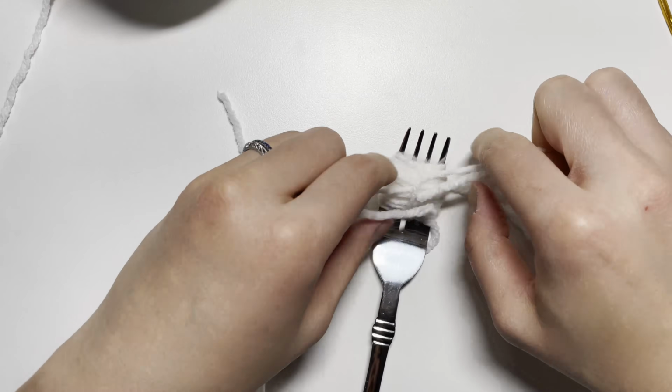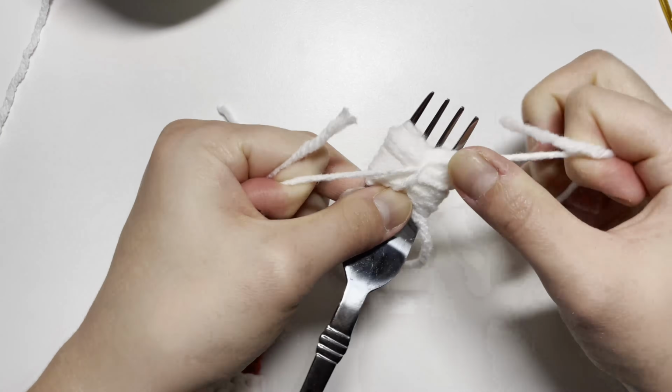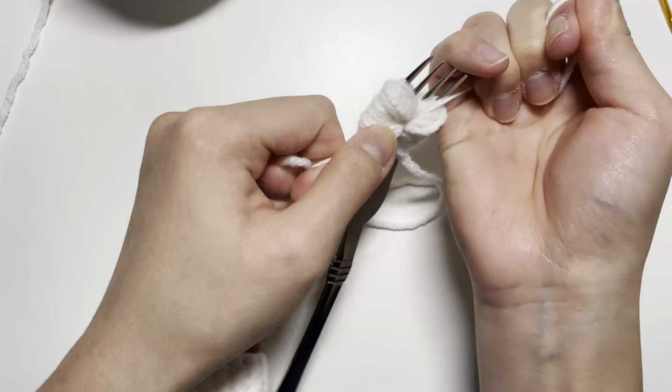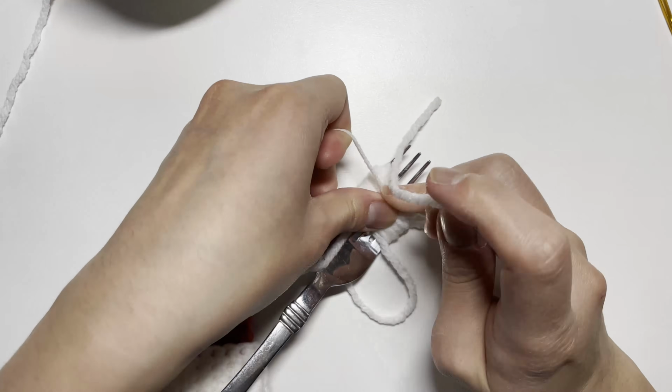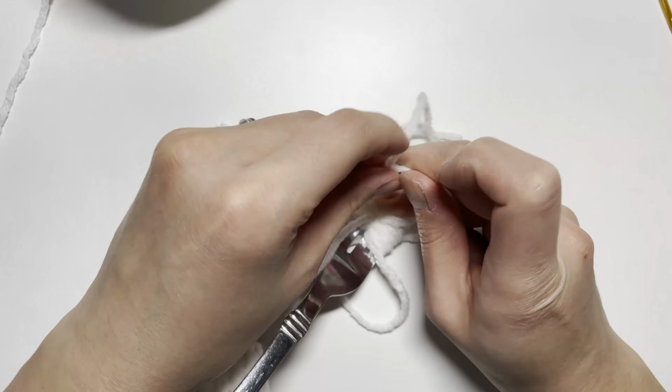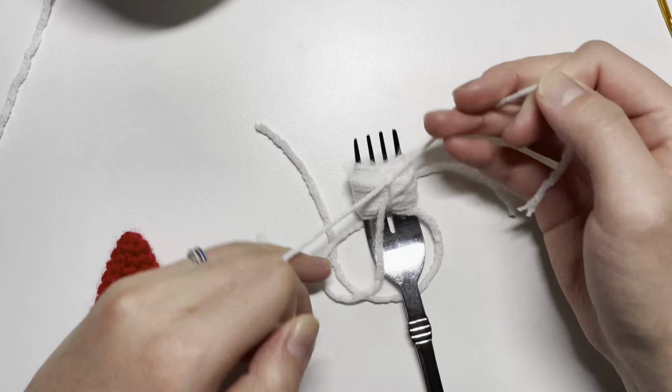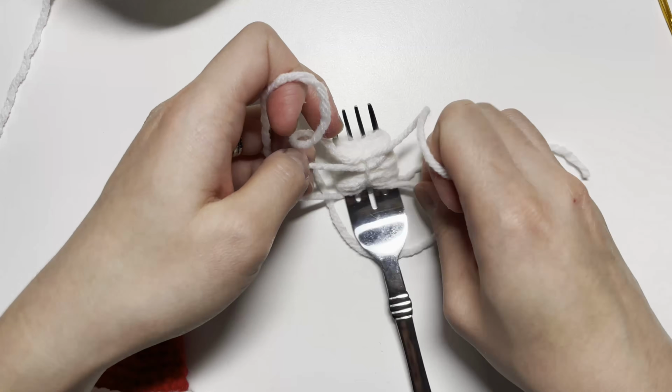So tie it as tight as possible, but it's okay if it's not perfectly tight because we'll do this a second time. So I'm gonna tie it there. Use my pinky. Get that knot tied. Okay, it's not the tightest I could have gotten it if I had a second pair